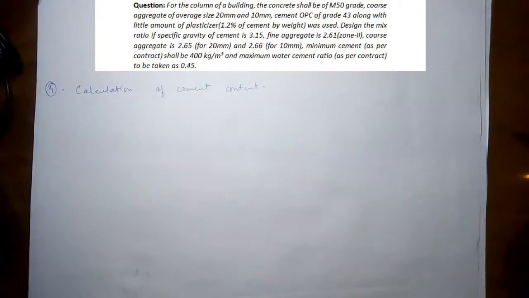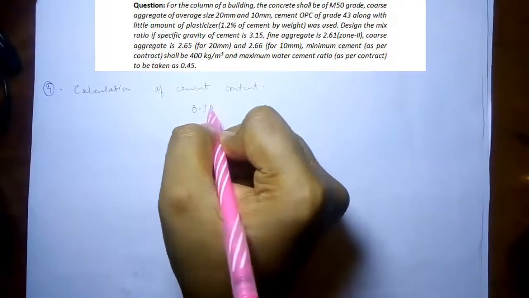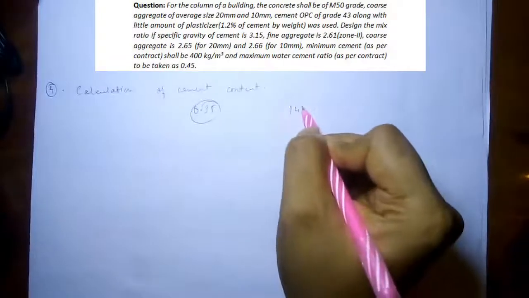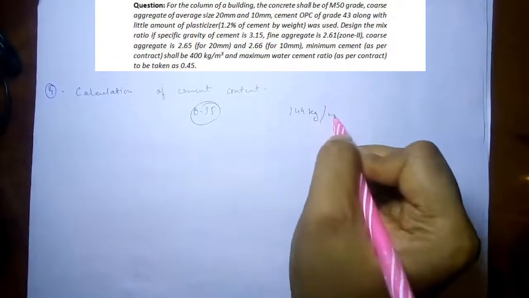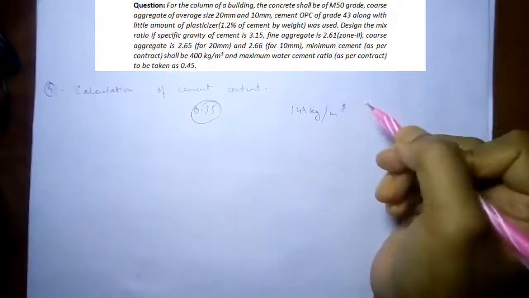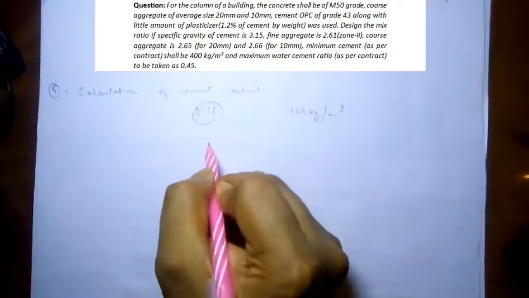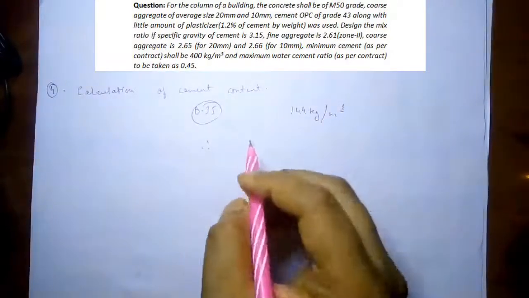Now, as we know that the water to cement ratio is 0.35 and the water content per meter cube of concrete is 144 kg per meter cube, therefore the cement content will be